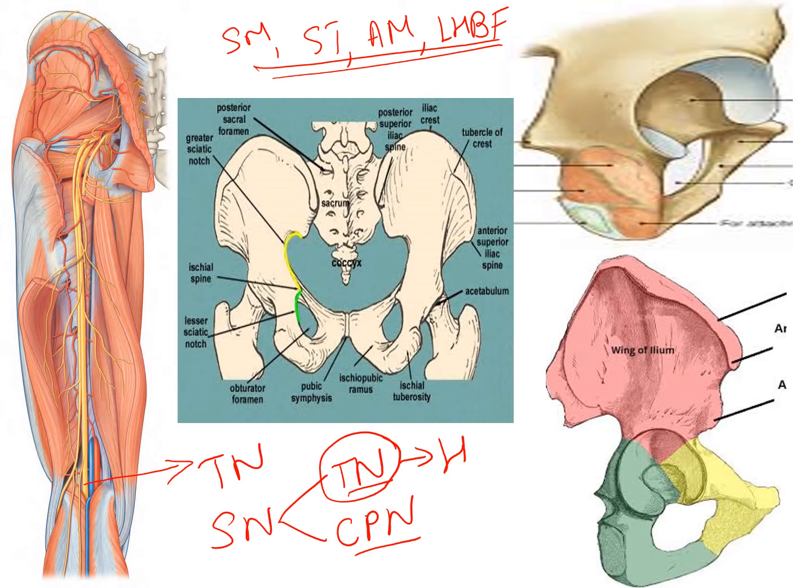The next rule to be followed by the hamstring muscles is that compulsorily they should arise from the ischial tuberosity of the hip bone. So this is the ischial tuberosity from where the hamstring muscles will arise. So we have discussed two rules. We will further discuss two more rules. The first one is compulsorily they should be supplied by the tibial nerve, and the other one is they should arise from the ischial tuberosity of the hip bone.